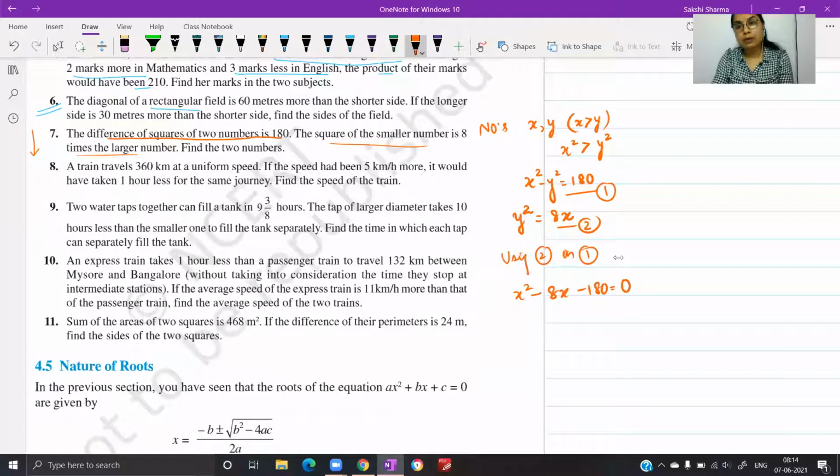As such, यहाँ पे numbers के बारे में कुछ भी indicate नहीं किया हुआ, तो values को reject नहीं कर देना. Just because a value is negative, don't reject it. Try to find out both your numbers and then see.